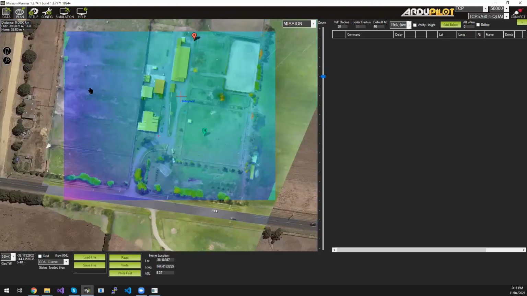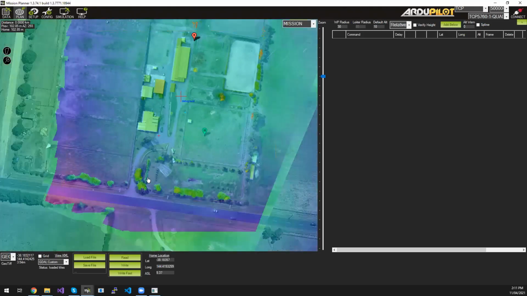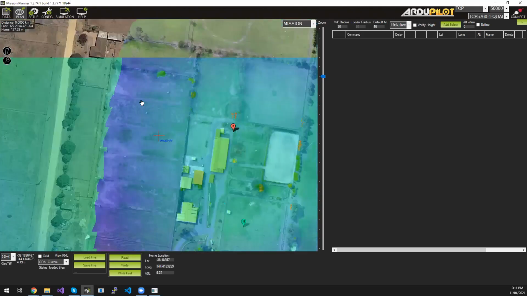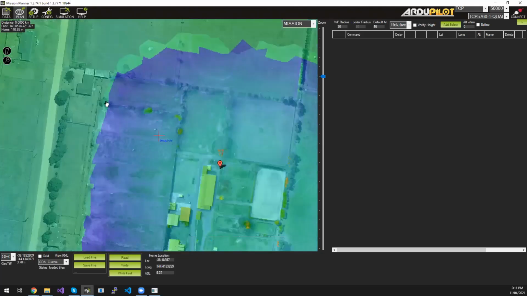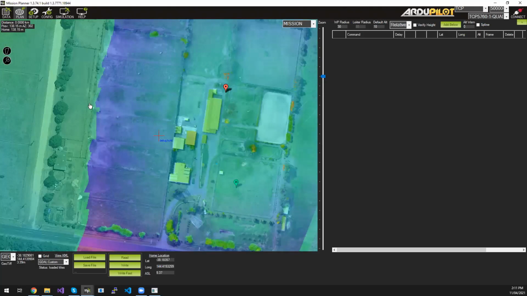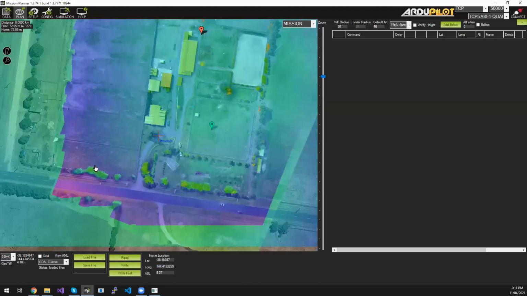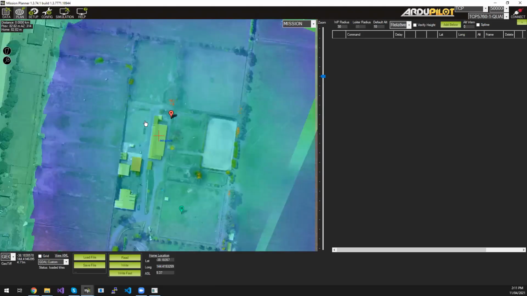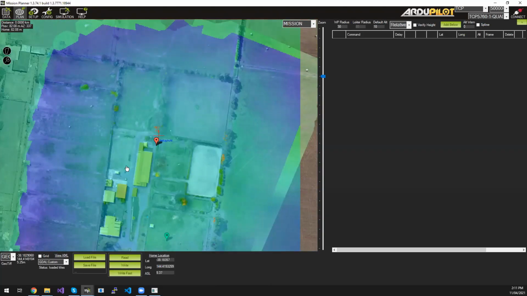The next thing you might notice is this transition between SRTM and the GeoTIFF. In this case, I don't actually remember the reason for that, but there is an altitude shift. As an example, the edge here is 3.3 meters, and the SRTM data is saying 6.3 meters. So there's approximately a 3 meter shift between the two. I don't recall the exact reason for that, but as an example, if you were planning a mission on this,